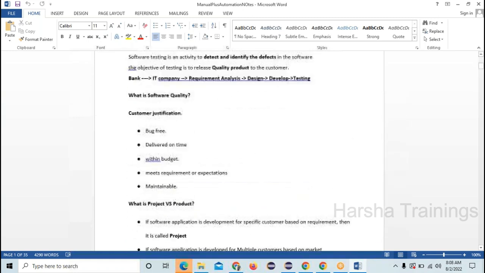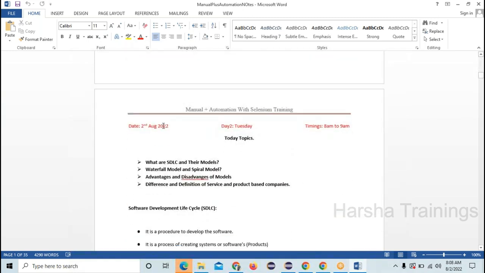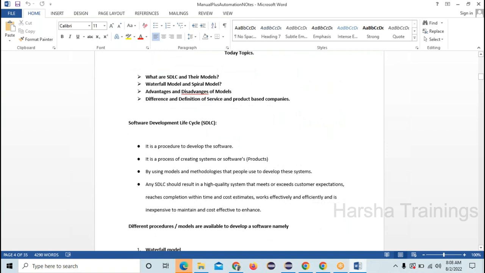yesterday, right? So today we are going to see what SDLC is and what its models are, what the waterfall model and spiral model are, what their advantages are, and what the difference is between service and product based companies. It won't take much time because we already discussed the software development lifecycle in the demo session, and yesterday also